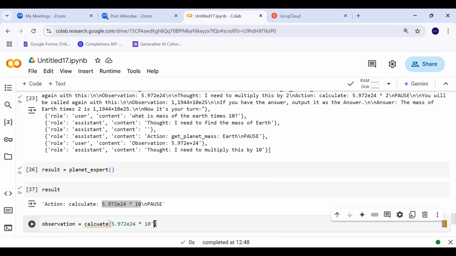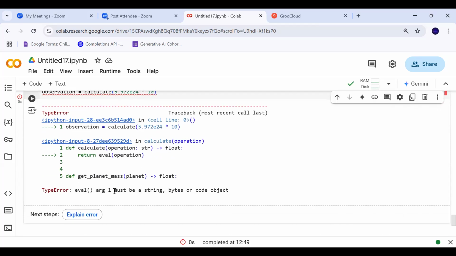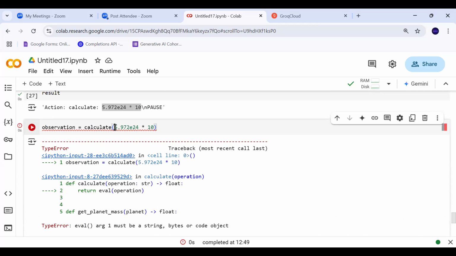Okay. So if I execute that observation, one must be a string. Let me put the string.